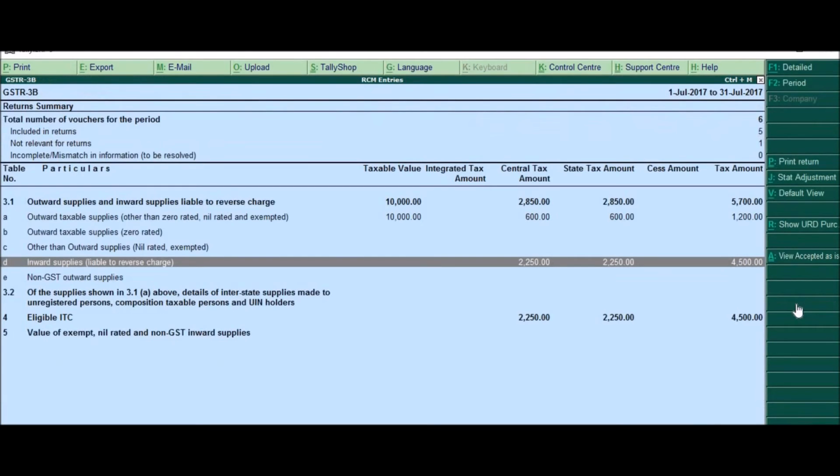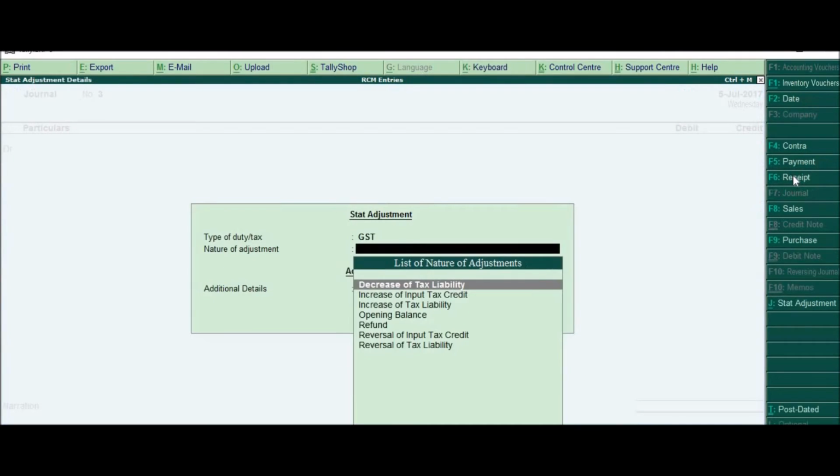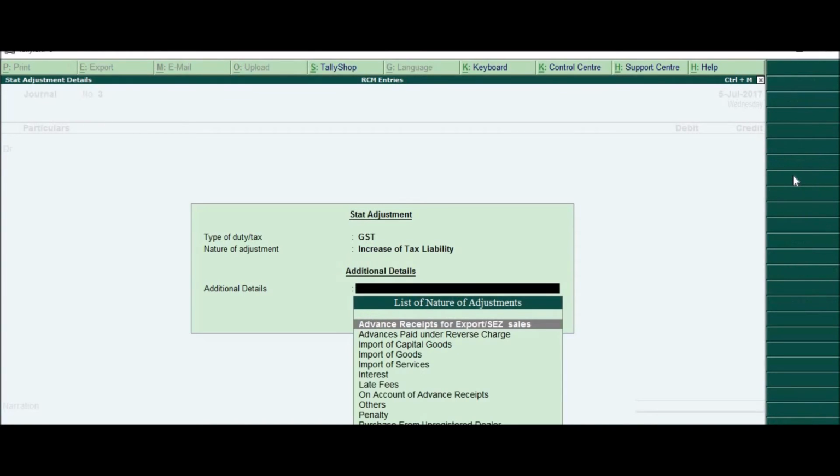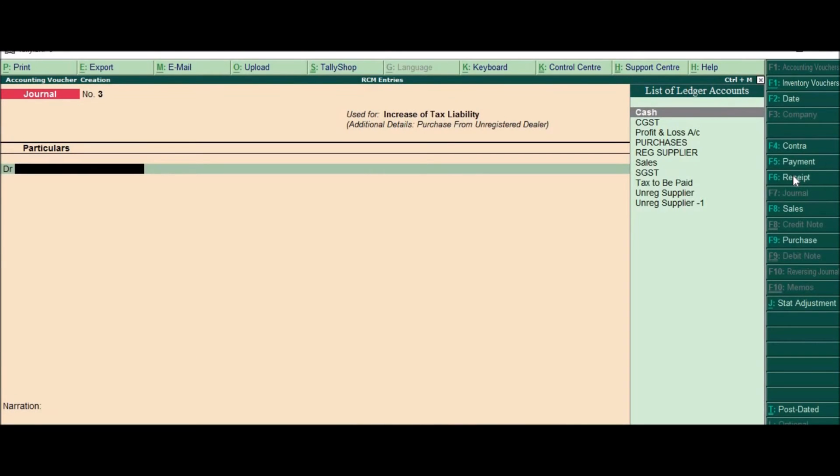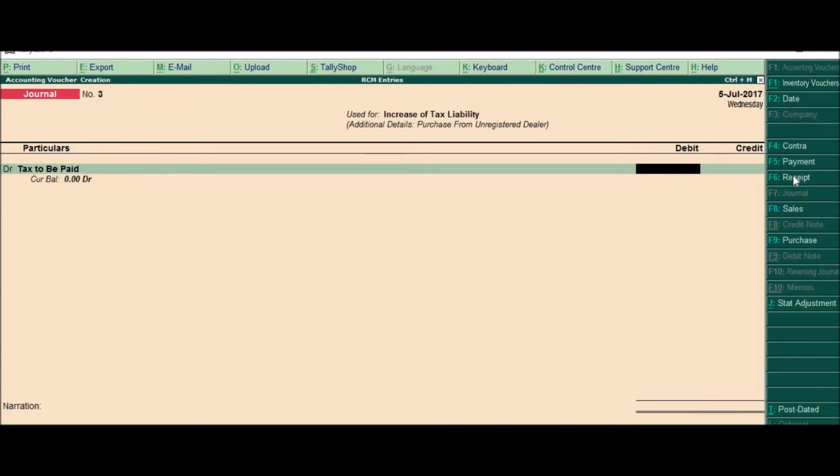When you are here, you simply click on Stat Adjustment. Here you will choose increase of tax liability. Why? Because you will have to pay taxes and this will be under purchase from unregistered dealer. So we will simply take tax to be paid, whatever is the amount.